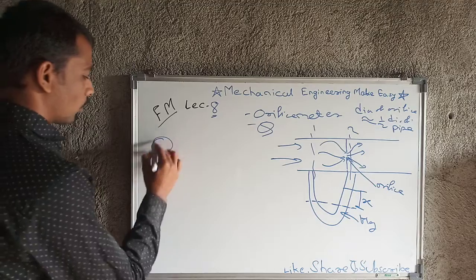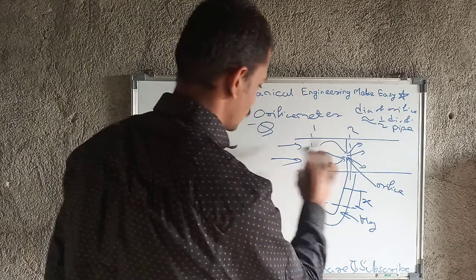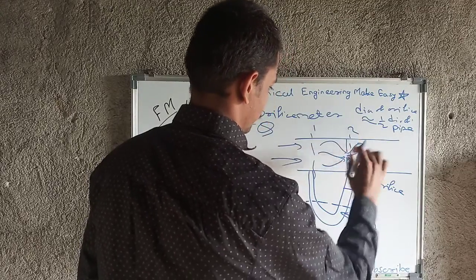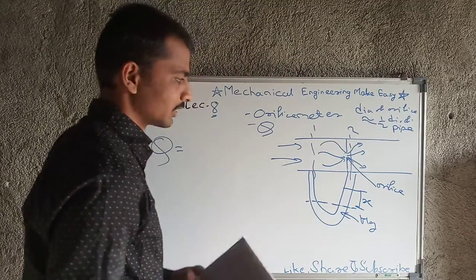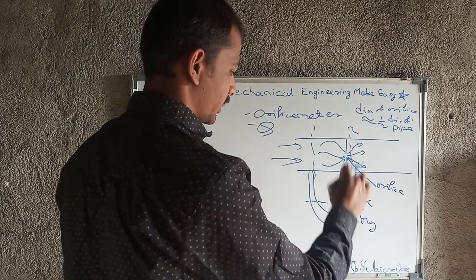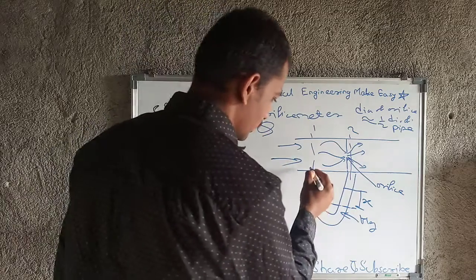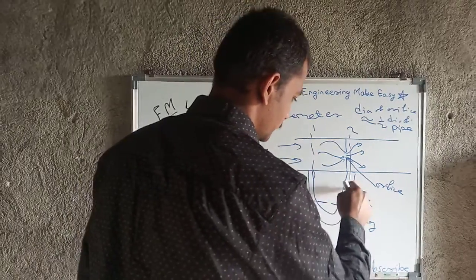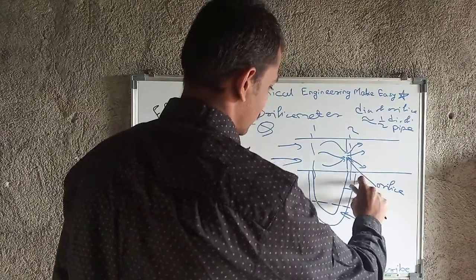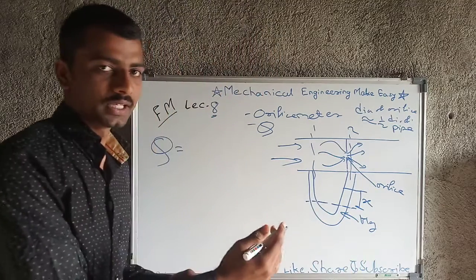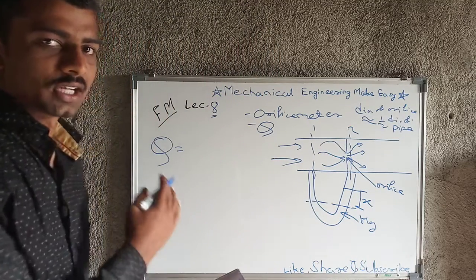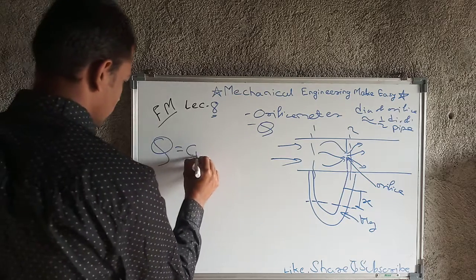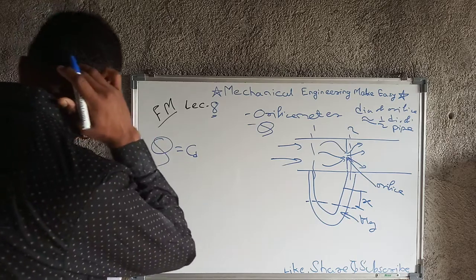So what is the formula? First I have given you all the idea: as the section diameter decreases, the velocity head will be higher and pressure head will be lower. So because of that, the pressure will be higher at this limb as compared to this. So ultimately this fluid will move here, and from that difference we will get to know the discharge. And how? That is nothing but, again, here also there is coefficient of discharge. Okay.